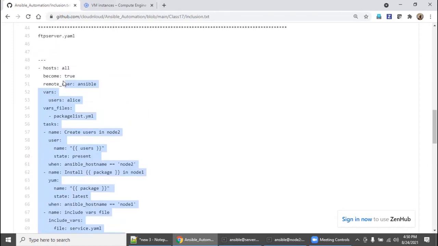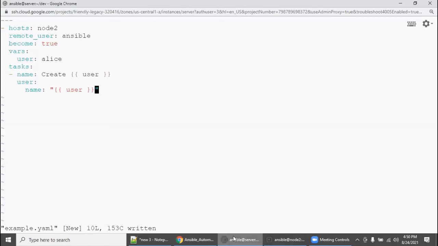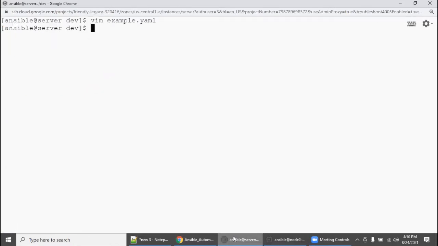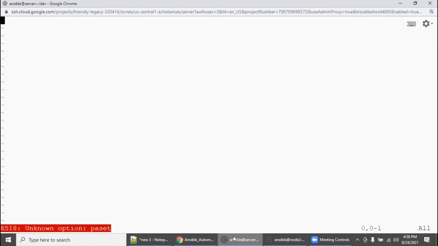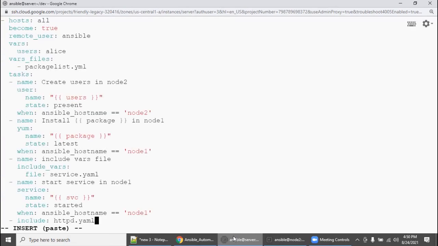Copy this. I'm going to create a file called ftp server.yaml. I'm going to say vim ftp server dot yaml, enter, set paste, insert mode, paste, copy, and then save it.